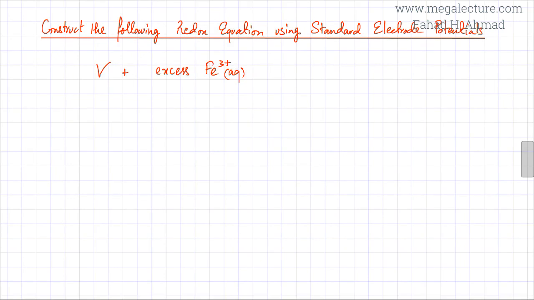In the following example, we're going to try and construct the following redox equation using standard electrode potentials. The equation we are supposed to construct is vanadium V solid reacting with excess Fe3+ aqueous. Remember, Fe3+ is in excess, so even at the end of the reaction, it would still be remaining in